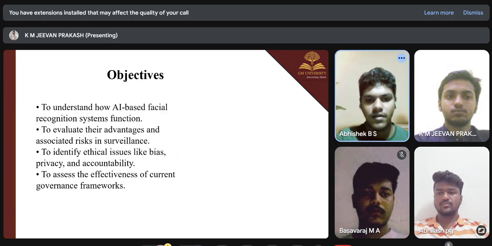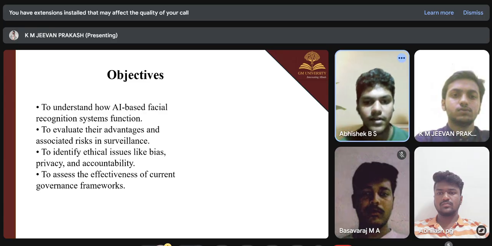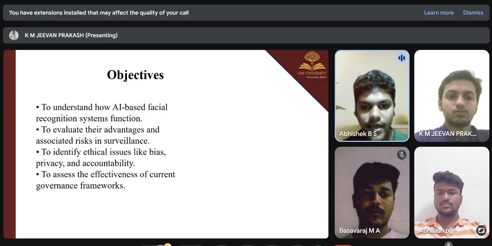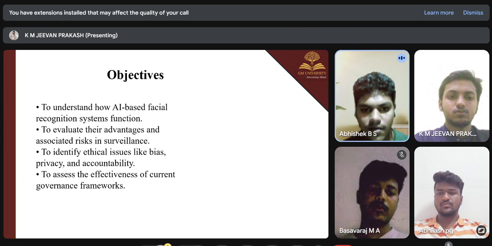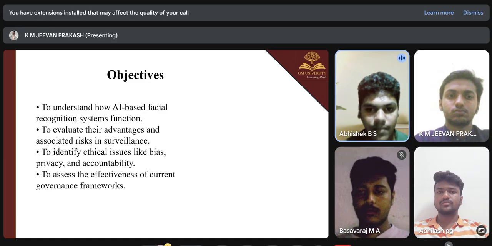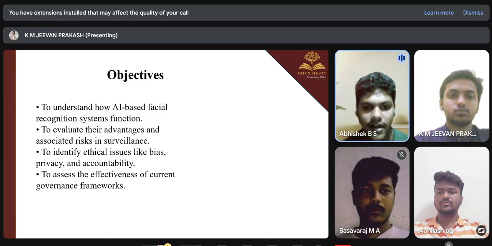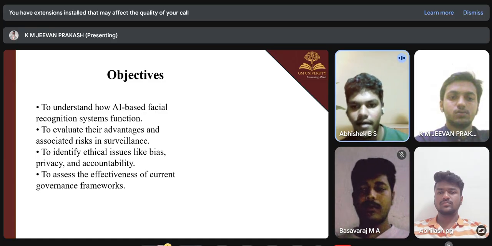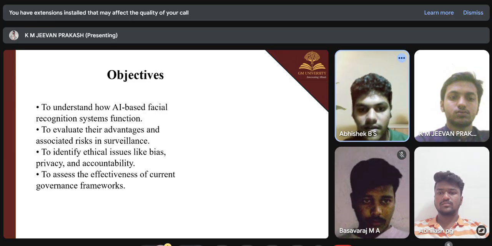The objectives. The objectives of this project are to understand how an AI-based facial recognition system functions. Here we understand the use of the AI-based facial recognition system and its functions. To evaluate the advantages and risks in real-world surveillance applications.